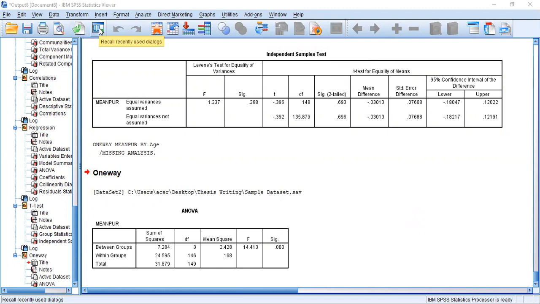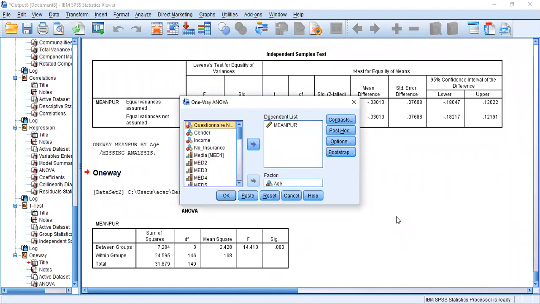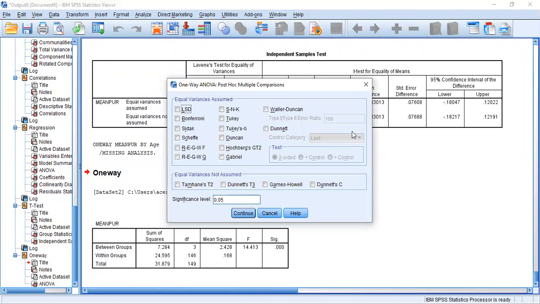Again, you can go to the one-way ANOVA, like what we have done previously. Then in here, go with the post hoc. In here, you can see the command called post hoc. Just click it. Now we want to make sure how purchase behavior differs with the different age groups.